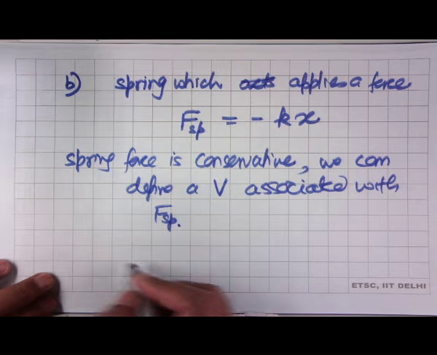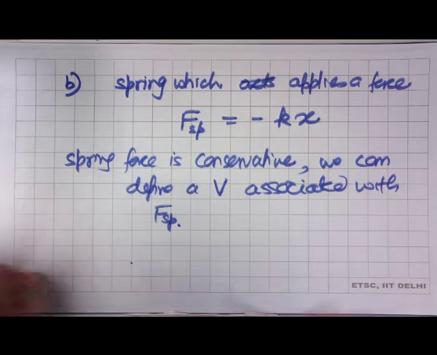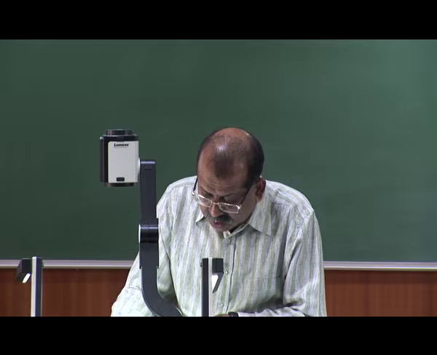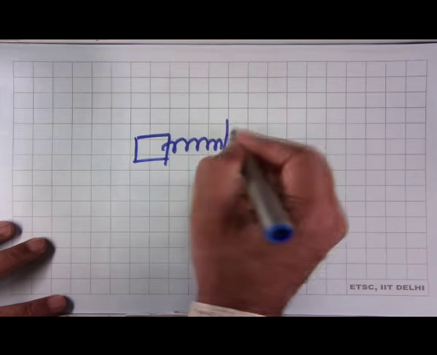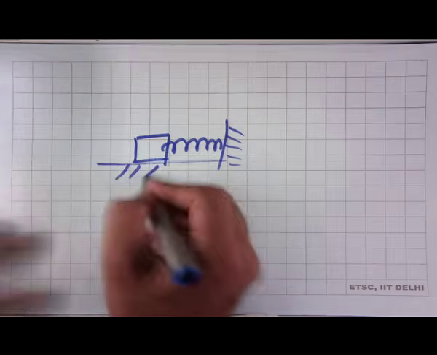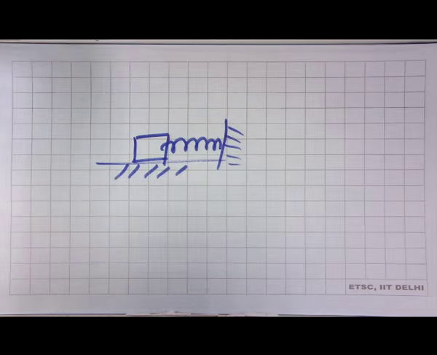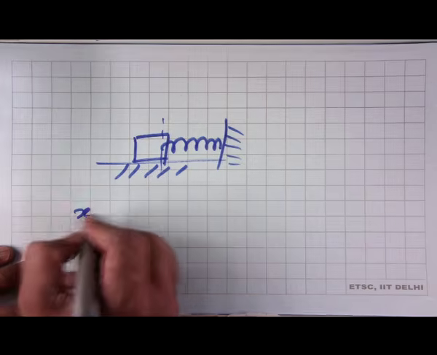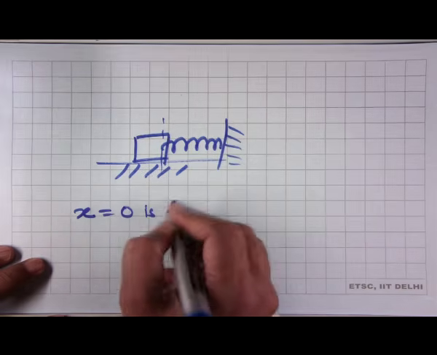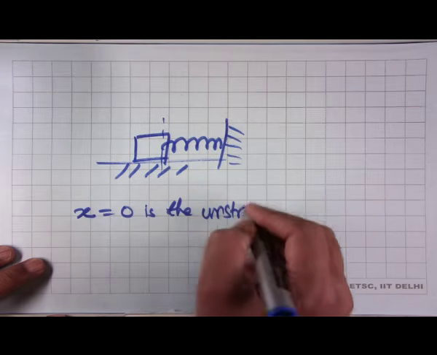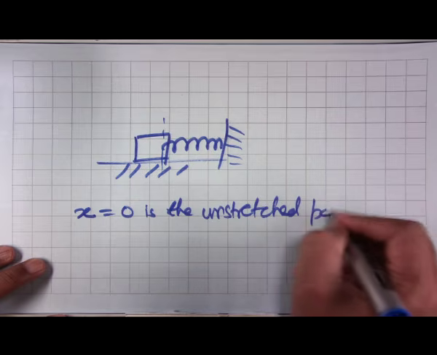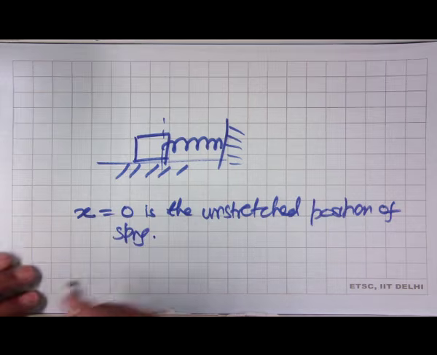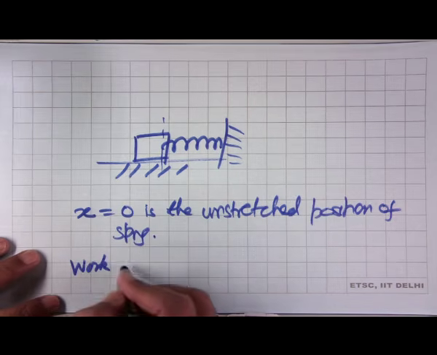Suppose, let me just draw it again, we have a block connected to a spring, and let us assume that this surface is frictionless. Then we start with x equal to 0 as the unstretched position of the spring. Now,